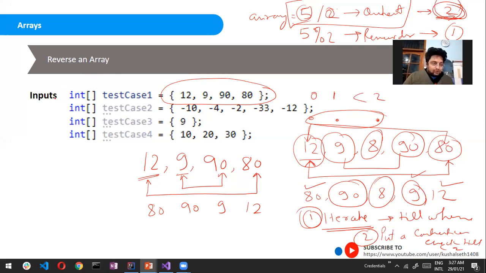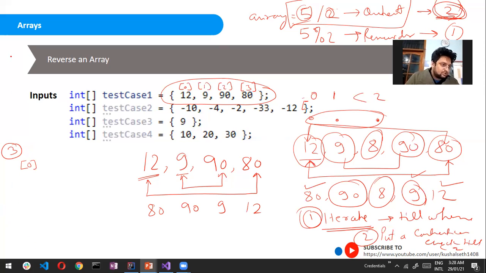And now the important thing of this question is the third point. I'm writing here. The third point is we have to understand how the indexes are getting swapped. So basically, all the arrays start with 0. I think this is clear to everyone. So this is my 0, this is my 1, this is my 2, this is my 3.